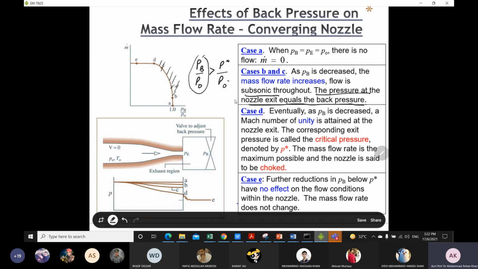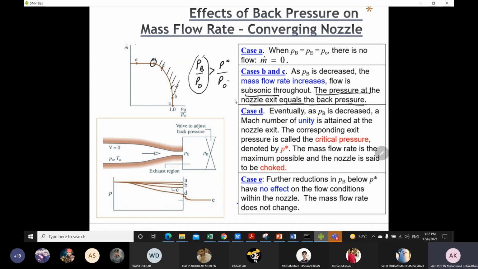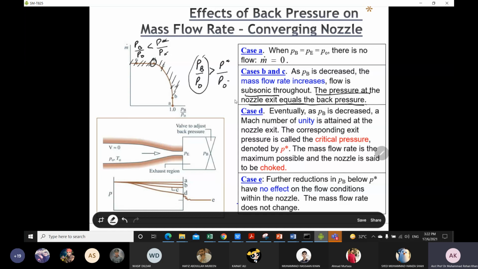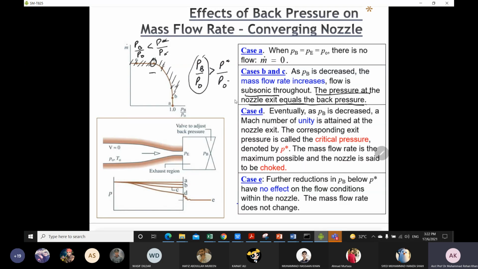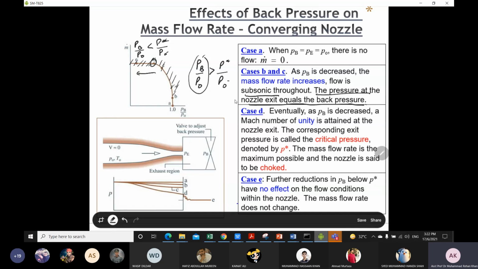Okay. Other case, for example, if your PB by P naught is less than P star by P naught, it means for this condition, this value lies in this region and this is the area where the flow is choked. So choke point is from point D to E. Okay, because at this point we have the maximum flow rate, because after Mach number 1, if we further decrease the back pressure, we have no effect on the mass flow rate, and when there is no effect on the mass flow rate, at that point we have maximum mass flow rate, and that point is called the choke flow. Okay,